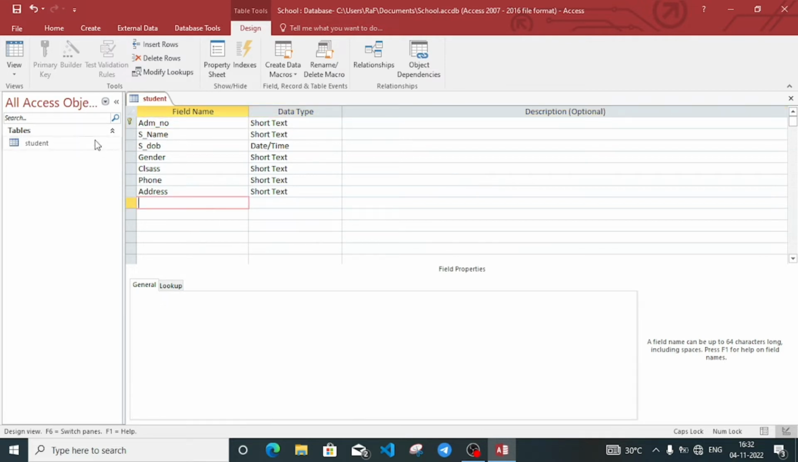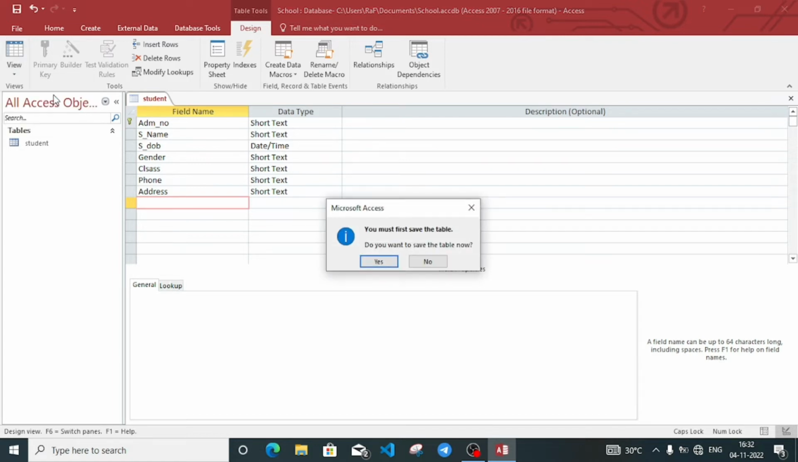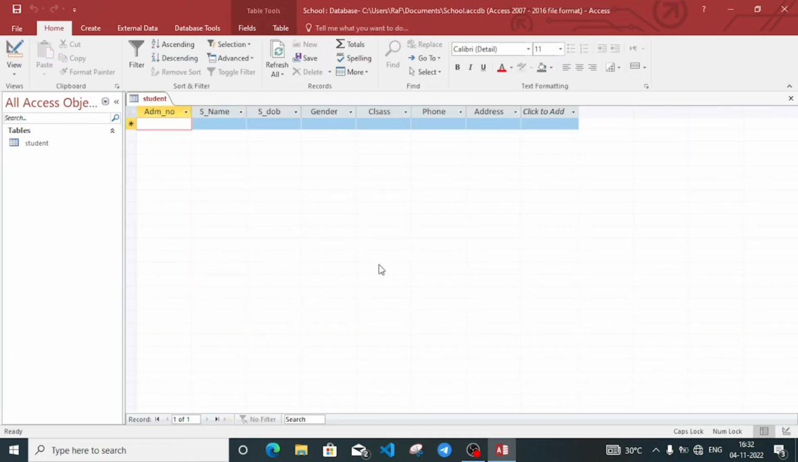Now to enter record, we'll click again on view and we'll click on datasheet view. And we have to save the table. We have already provided a name to the table, for that we don't have any tension. Just we'll click here. Now admission number, we will put some just example data. Suppose admission number is